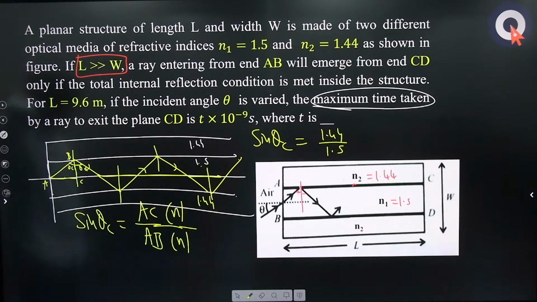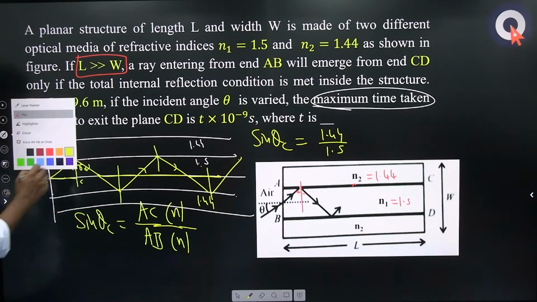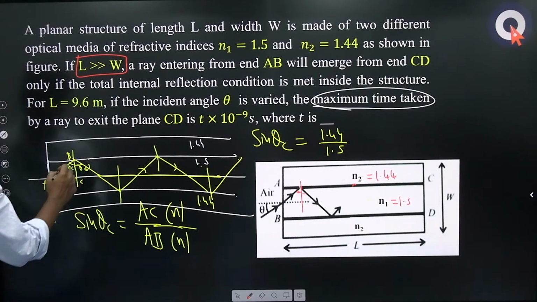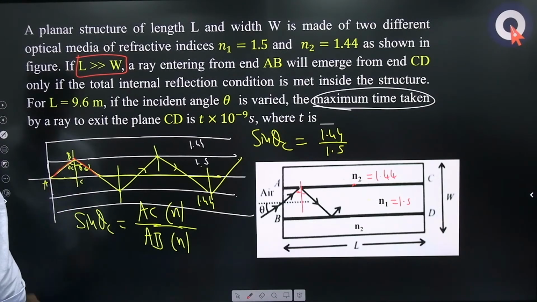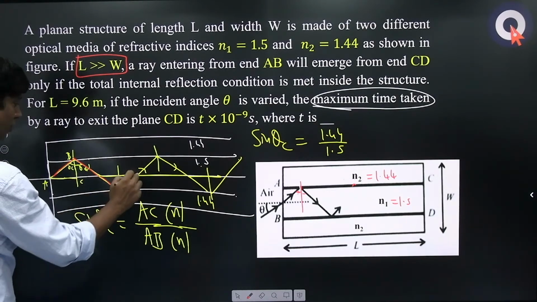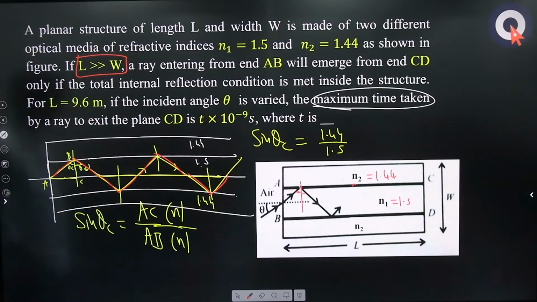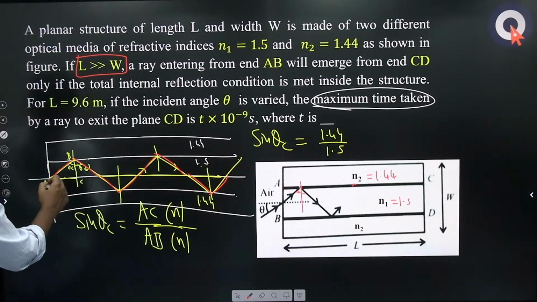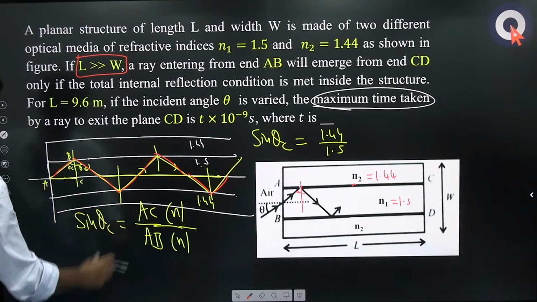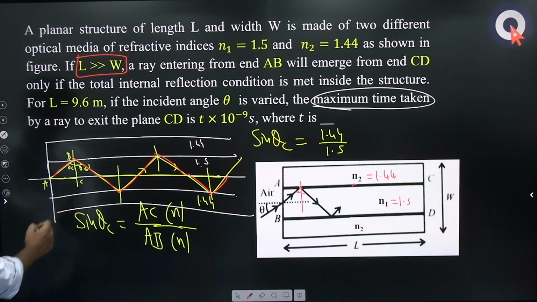Okay, some n means I'm taking like this. Some n number is, this is 1, this is 2, this is 3, this is 4, this is 5, this is 6, this is 7, this is 8, like that n times I'm taking, right? So n times of AB, okay, this one, and n times of AC. N times of AC means,